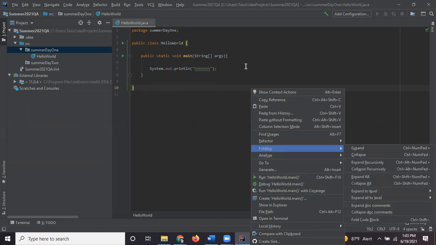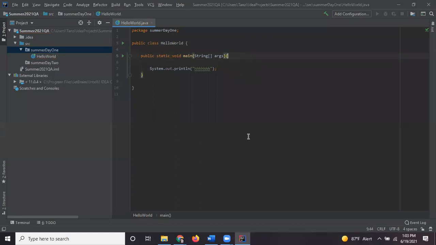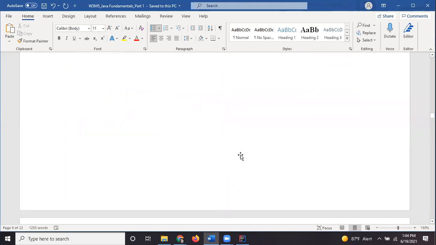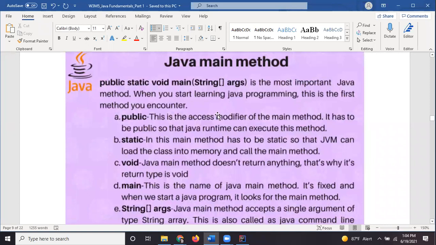So this is very, very important, Java main method. So what is Java main method? This is also explained here. This is the starting point. So without main method, you cannot run or execute any Java code, right? And this is explained why Java main method, what is each of these